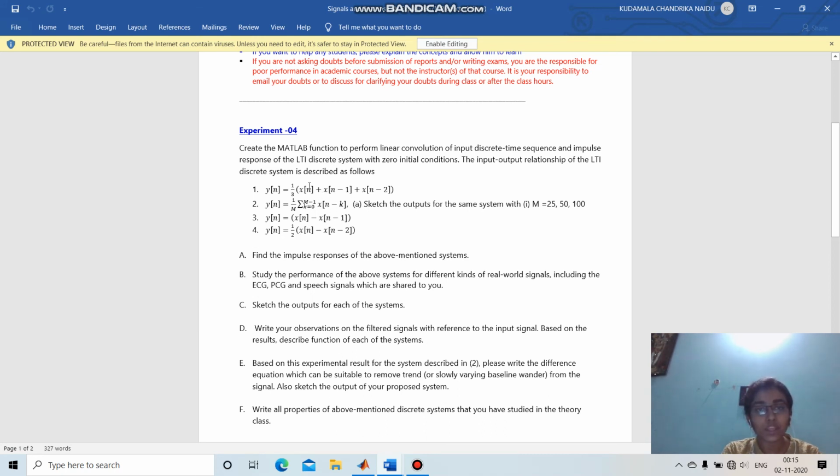And also, see here we did addition. So they are linear, as they follow both homogeneity and superposition, like 1 by 3 also we are doing. So they are linear, and also any delay in time in the input will also be a delay in time for the output. So this is time invariant and linear. And also if you look at the impulse responses, all of them are finite, so it will be an FIR system.